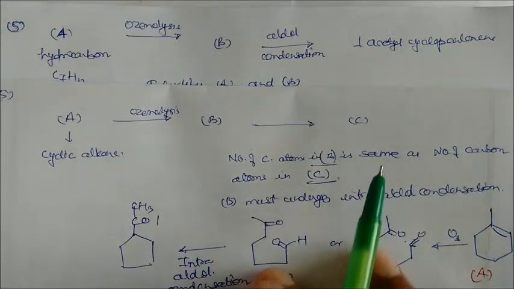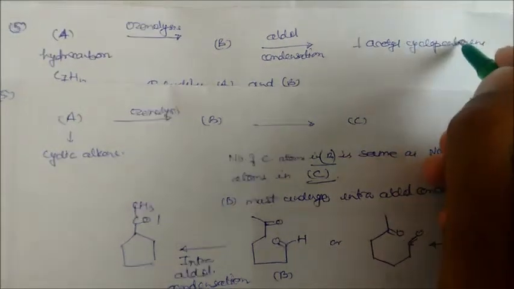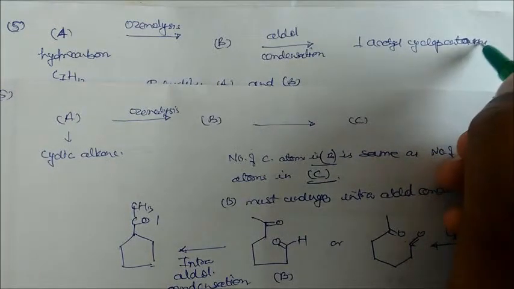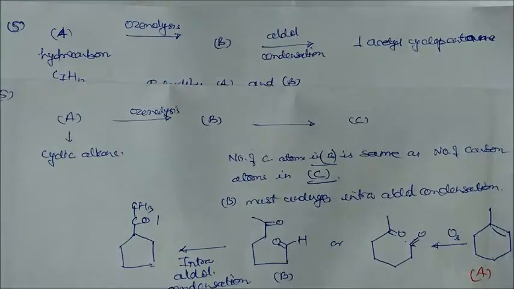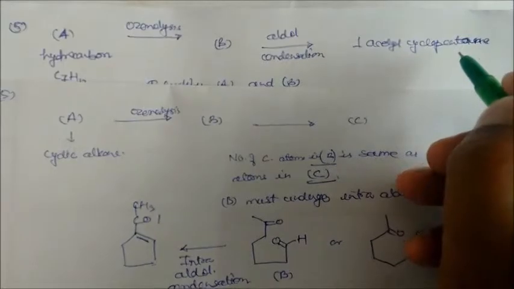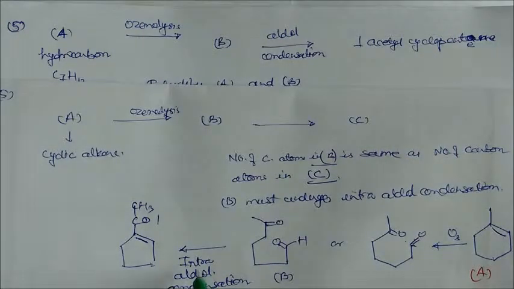So we see here, this is the structure of acetyl. This is acetylcyclopentene. So this is not pentene, it will be your pentane. So just make it cover, it is your pentane. So this is after going through intra-aldol condensation. So we will get here just cyclopentene only. Just make this one double bond. It is pentene only, under intra-aldol condensation.